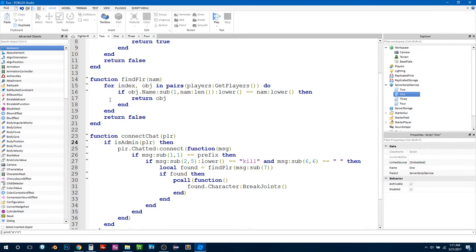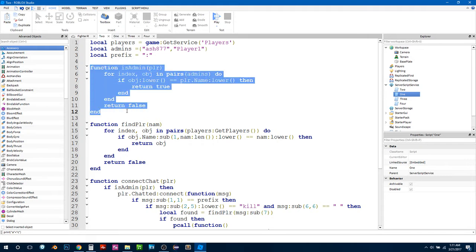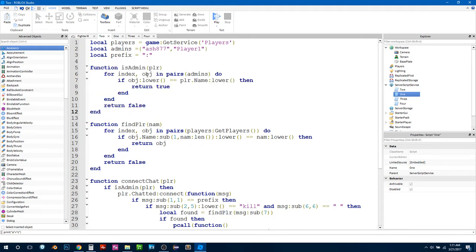So we're gonna go back up. We've made this little function here, easy, simple to use. So now admins, remember this? I said this was a list, an array. We can iterate through it using the for loop, and we're gonna do it in pairs. Index, object in pairs of this admin list. We want to iterate it, and for each iteration, each time it goes around in the loop until it comes to the end of the list,